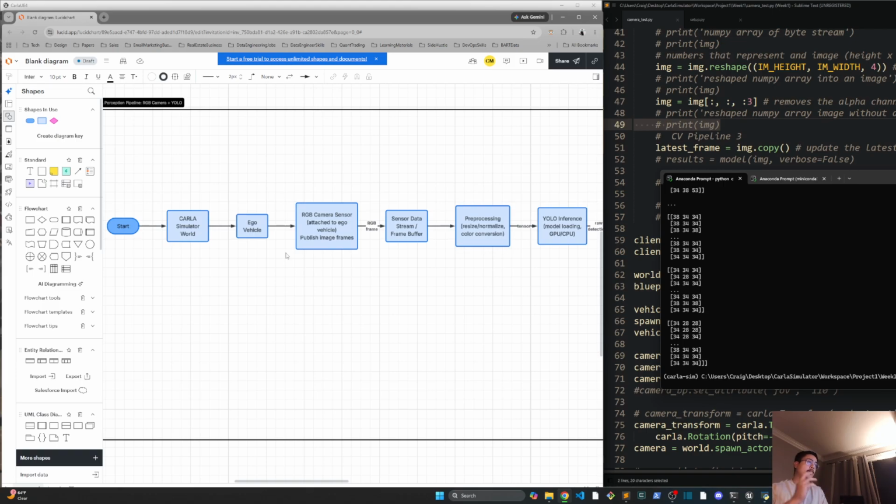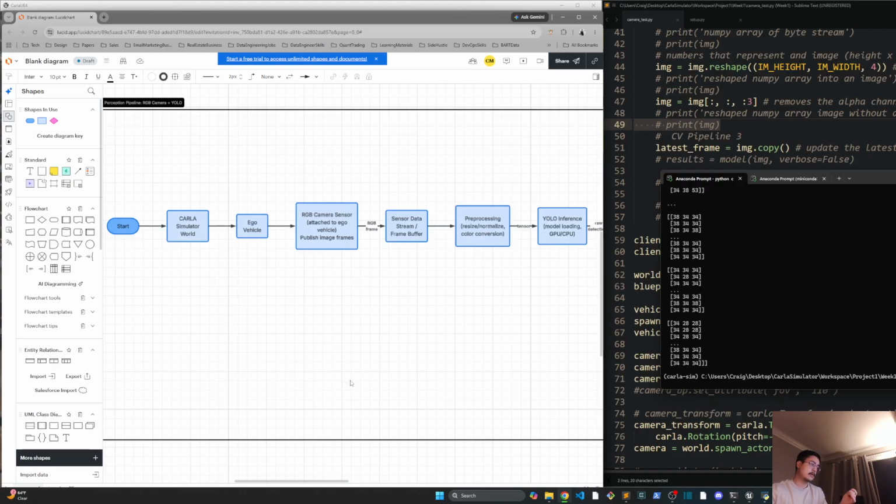And CARLA works off of a system of actors that you would spawn in that's based off the blueprint. Here we have a spawned-in ego vehicle. That's the main vehicle that we're following around with cameras. It's how we're going to interact with the CARLA world. Here we have the RGB camera sensor. RGB, red, green, blue, is a term that's used for a basic camera. We're just spawning it in, and then we're going to be attaching it, and then it's going to be streaming